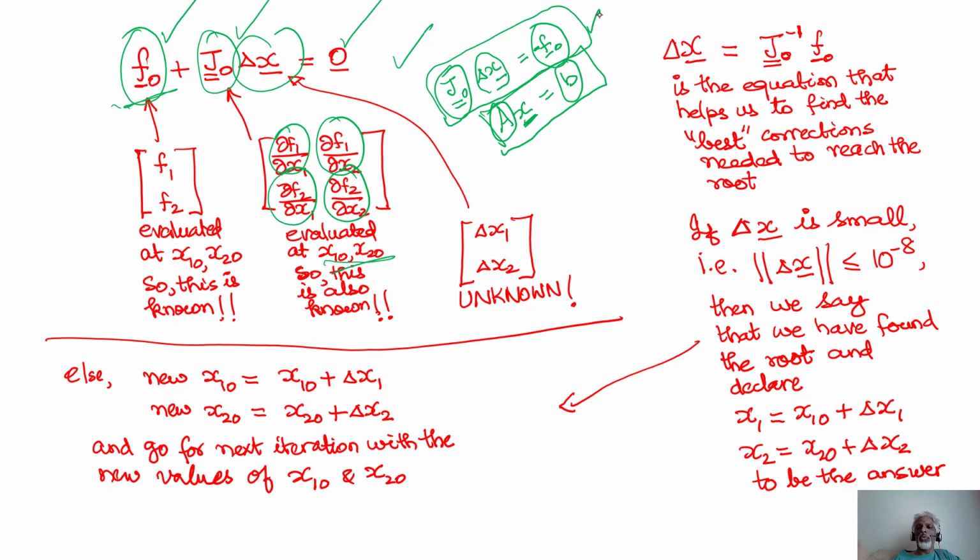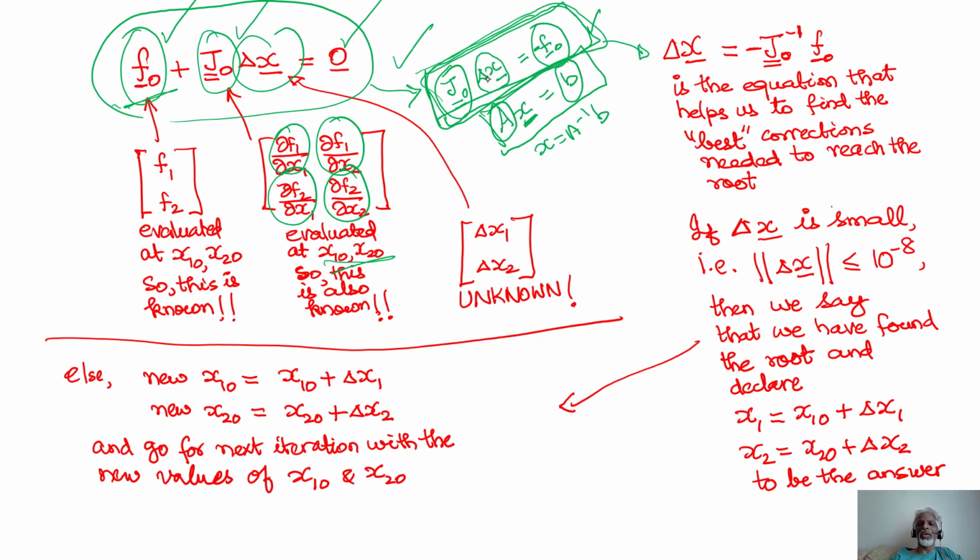That's the idea. So once you write it in this form, previously we wrote x is equal to A inverse B, right? Likewise, you can write for our formulation now, for this problem. Putting it in this form first, keeping the unknown delta x on one side, we pre-multiply both sides by J naught inverse. I'm going to get this expression. Kindly note in your notes, I may have missed this negative sign. Sorry for my error. Please make that correction. So delta x is going to be equal to minus J naught inverse f naught. So we get the corrections for this iteration.